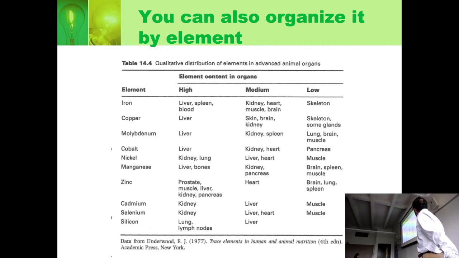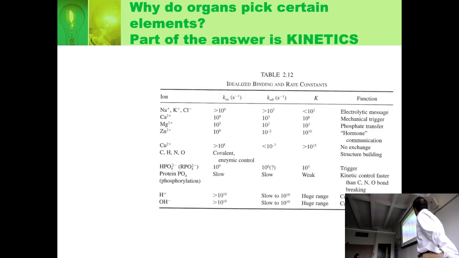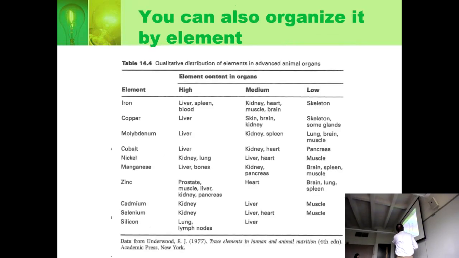On the other hand, things like selenium get in the kidney, and I don't think the kidney actually uses cadmium, but it's probably filtering stuff out. But if you look, zinc is in a lot of these. So one of the things to think about is why do organs, and there's one I want to do before I move on. Well, these are pretty much the catalytic metals. They don't even include the single charge metals.